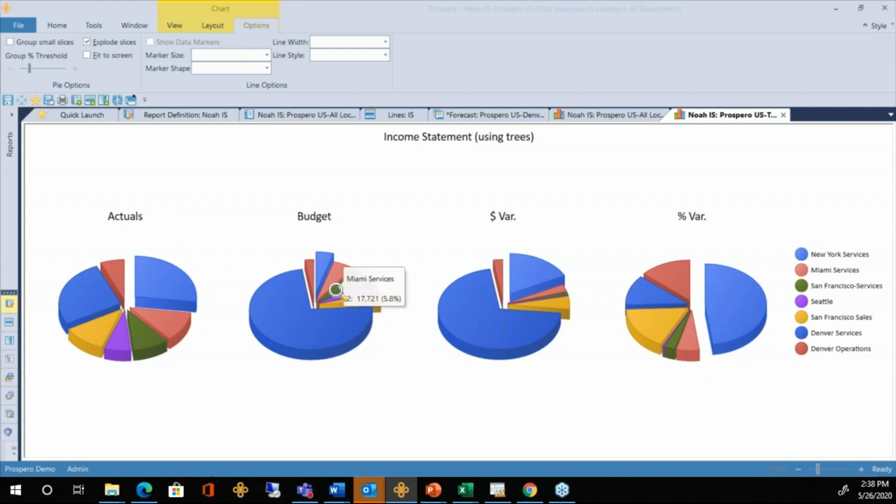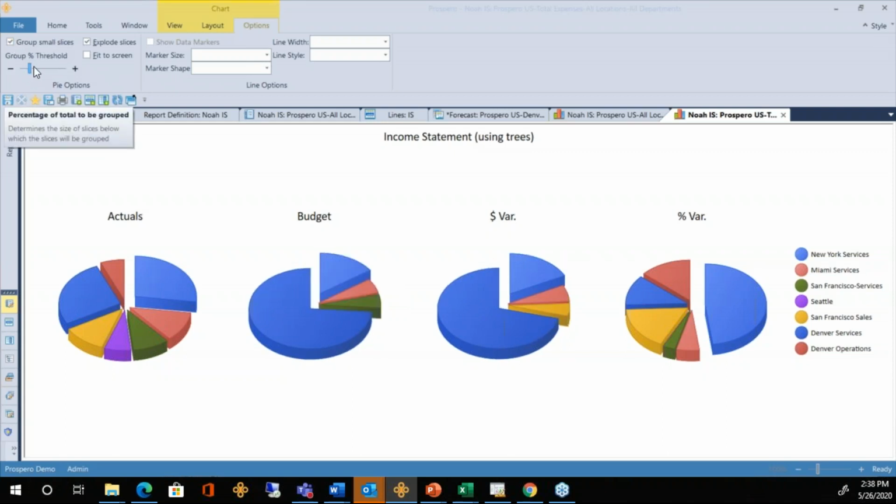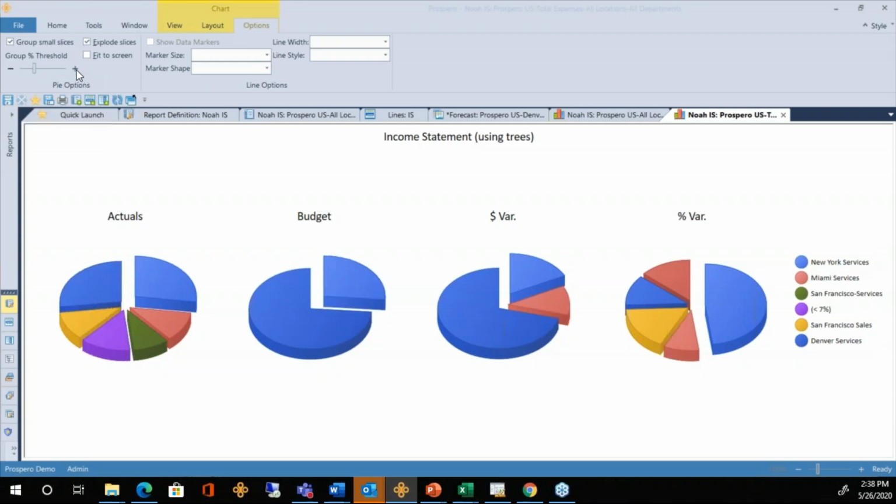I could group some of these together so that if I wanted to see anything that was less than 5% just in one tile of the pie chart by itself, at the top left, I'll click Group Small Slices, and I've got a little scroll bar that will help me set what percentage these should be sorted by or summarized.